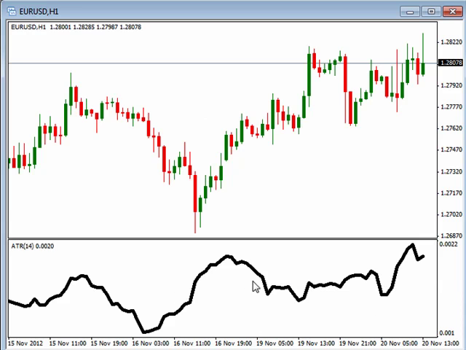But look at the ATR as a potential way to identify when the markets are going to get ready to move. So take some time to look at that, and we'll be back tomorrow to look at the markets